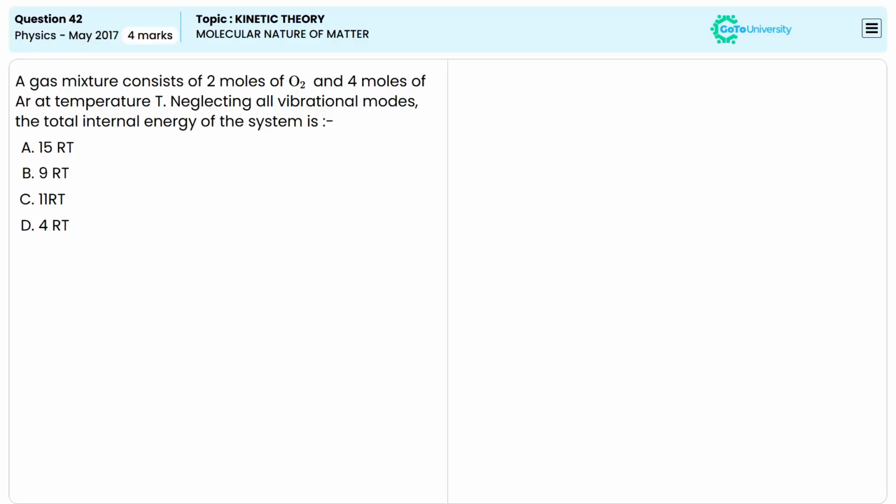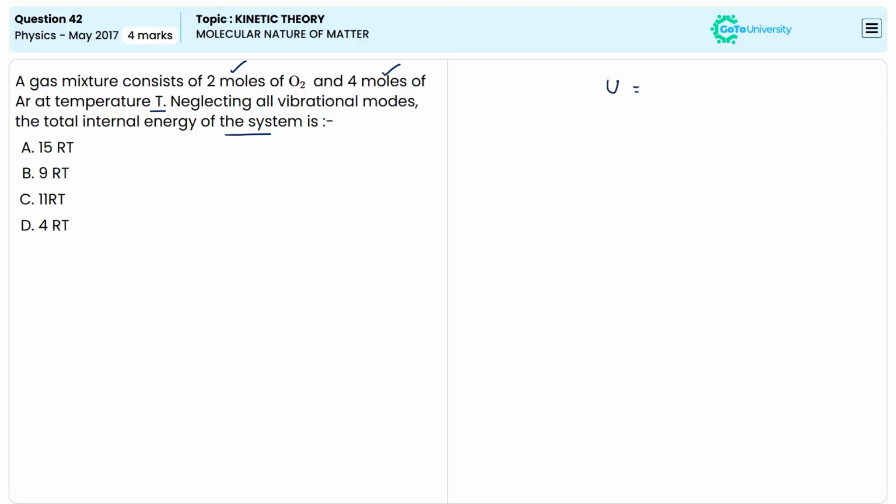What is the total internal energy of a system? In the system, two different types of gases are present at a temperature T. It's known that the internal energy for an ideal gas can be expressed using